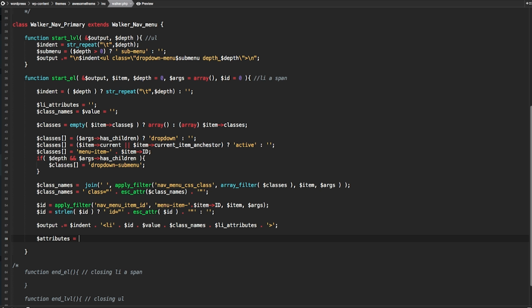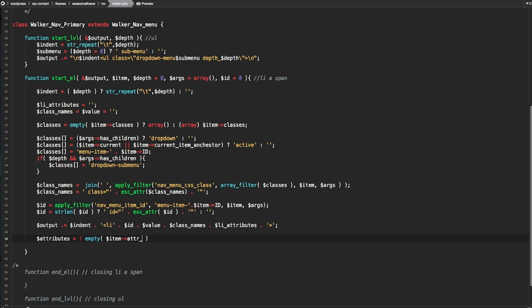So let's be careful and detect every time if a specific attribute is not empty. To do that, we have to put an exclamation mark before the if statement. The exclamation mark is for is not. So if it's not empty, and we're checking the item